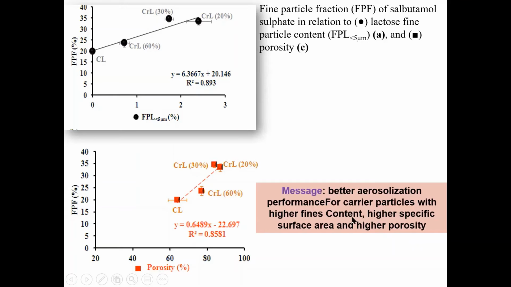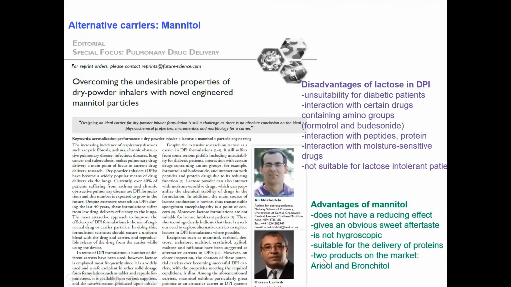So, better aerosolization performance for carrier particles with higher fines content, so higher specific surface area and higher porosity. That simply tells you that porosity could be a very good indicator to predict fine particle fractions. So I'm moving on to the next part of my talk, which is we are trying to find an alternative carrier to